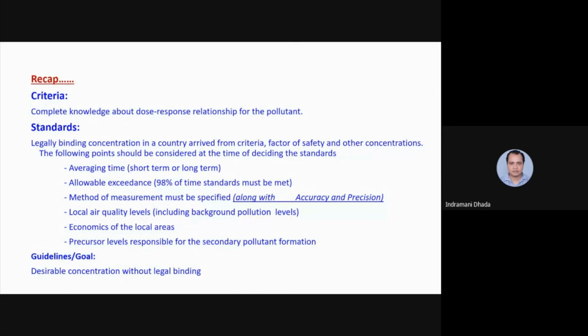The standards are prepared based on the averaging time, allowable exceedances, method of measurement, then local air quality, that is the baseline concentration, then economics of the local area, then precursor level, everything we have to consider. Based on that, we can say that this is the standard, and based on that standard, we can say this particular